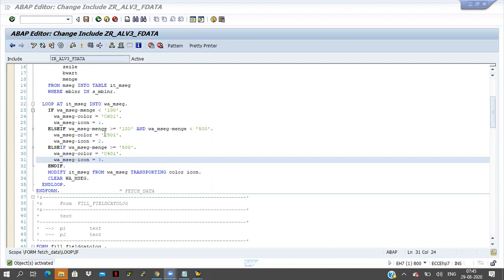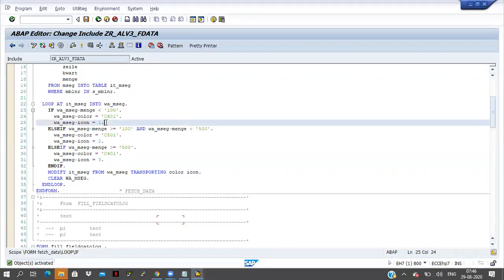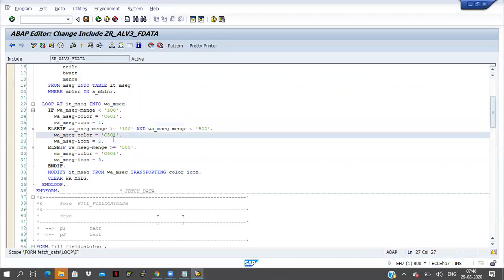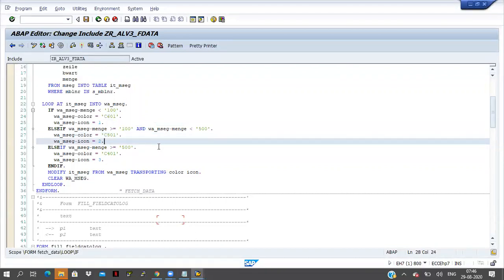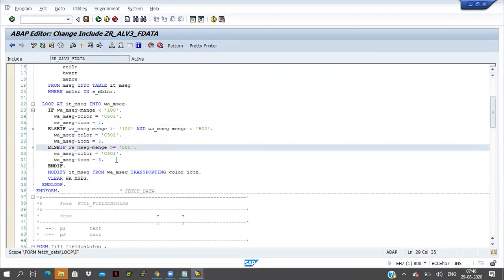So three colors I'm taking. Only three colors are available, so 1, 2, 3 is coming. What is 1? What is 2? What is 3? I will check now. I'm modifying the internal table by using a condition here. If the quantity is less than 100, then icon equals 1, some color will come here. If the quantity is greater than or equal to 100 and less than 500, then I'm passing icon equals 2. If the quantity is greater than or equal to 500, then I'm passing